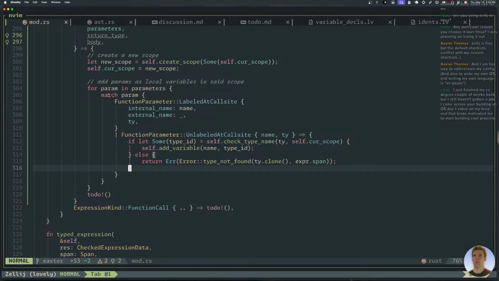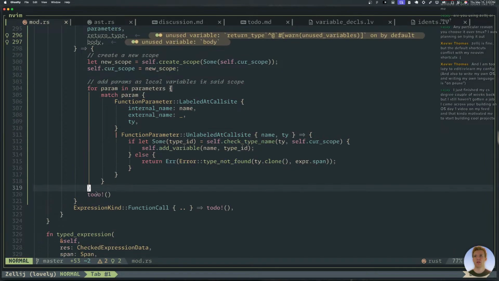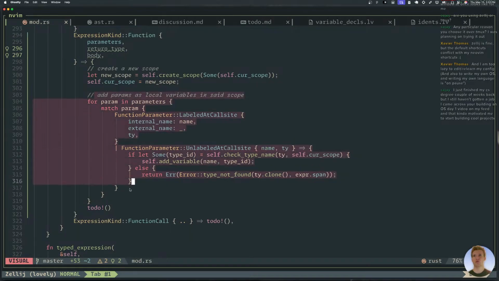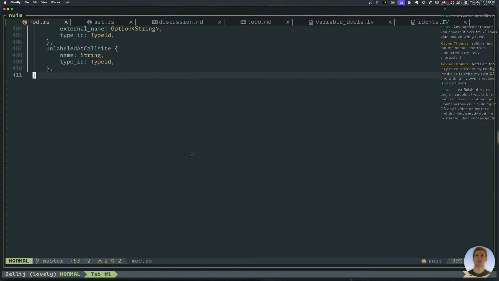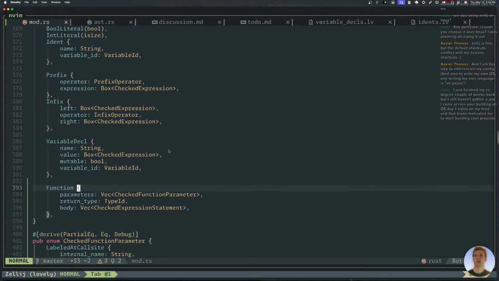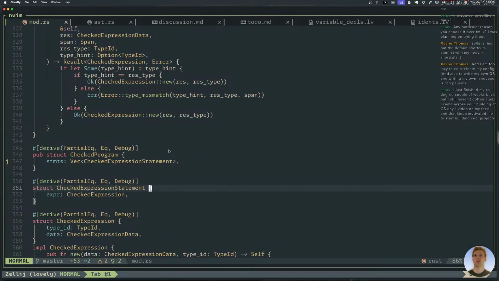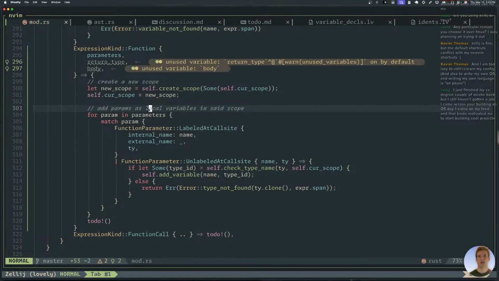All right, so we have the params as local variables. Although while we're here, maybe we should, because we have a checked function parameter, we should probably create those while we're at it. Yeah, okay.